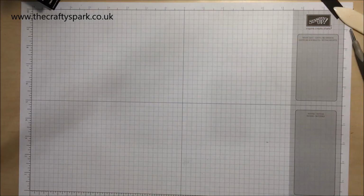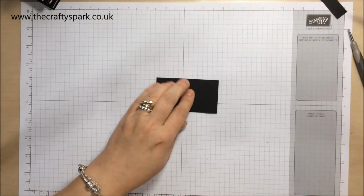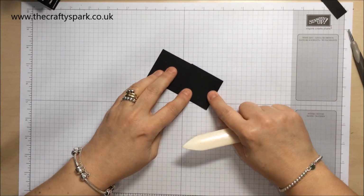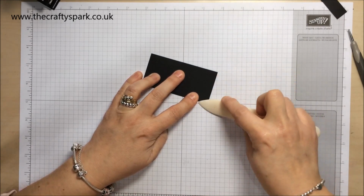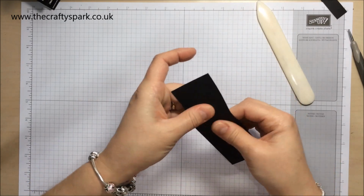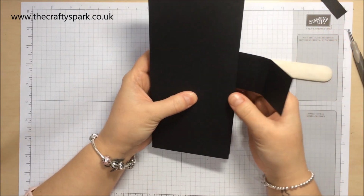All right. Then just fold your cardstock in the right score lines and burnish it. Oh, what an idiot. I hope that's not going to be able to be seen too much when I've finished. Never mind, never mind. Right, now this is going to be stuck